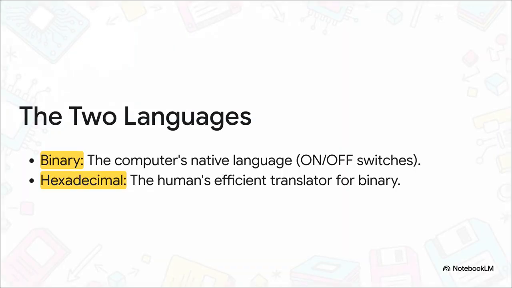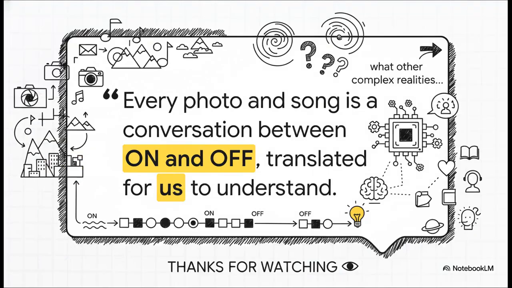You've got binary, that's the computer's native tongue, the raw on-off pulses of electricity. And then you have hexadecimal, that's our Rosetta Stone. It's the clever translator we built so we could talk to the machine without going completely crazy. You know, it's actually a pretty amazing partnership when you think about it. Our huge, colorful, noisy world gets translated down into a simple on and off for the machine to understand, and then it gets translated back up into a neat shorthand so we can understand it.